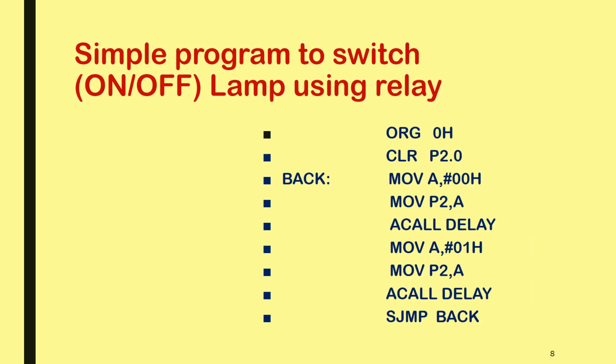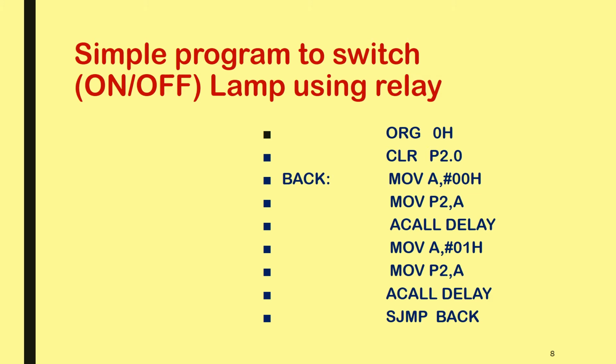This is a small simple program. Here we want to switch on or off a bulb or lamp connected to the output of the relay. Whenever the relay is energized, the circuit will get completed and the output device will turn on. We have connected the relay to port pin number 2.0 through a transistor. The transistor-based driver circuit will help to provide isolation between the relay and the microcontroller.